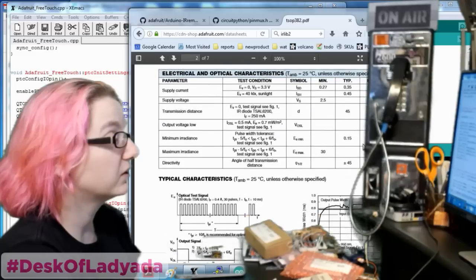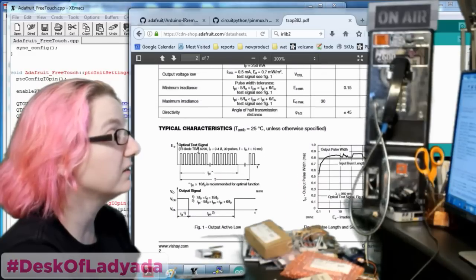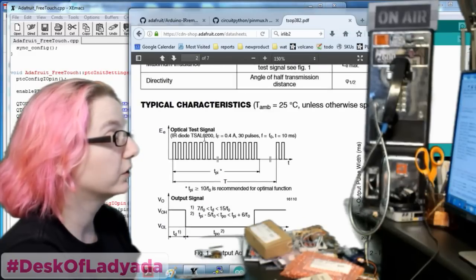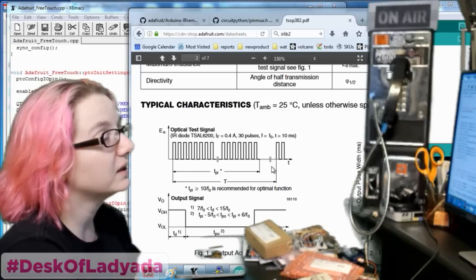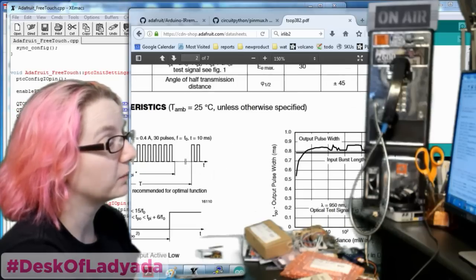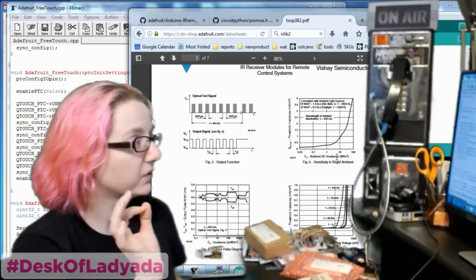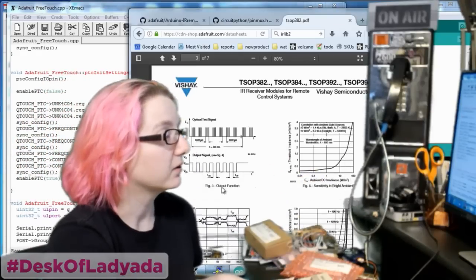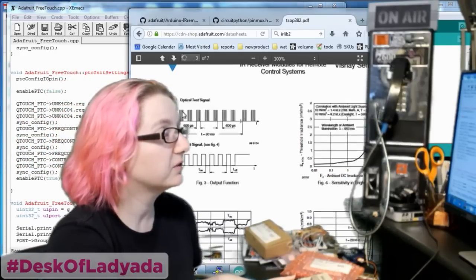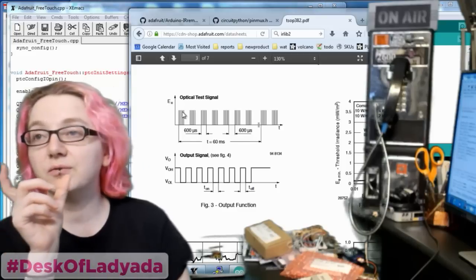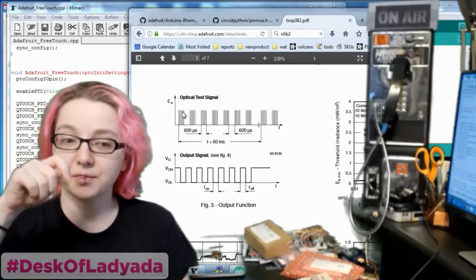That's pretty much it. The only difference, and they even tell you here, is what it's looking for. And there's a lot of optimizations, for example. One thing to watch for is the burst length matters. It will actually filter out signals if the bursts, those 38 kilohertz pulses,